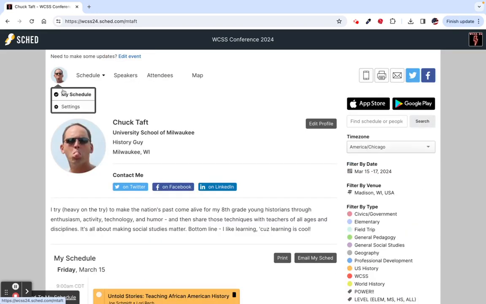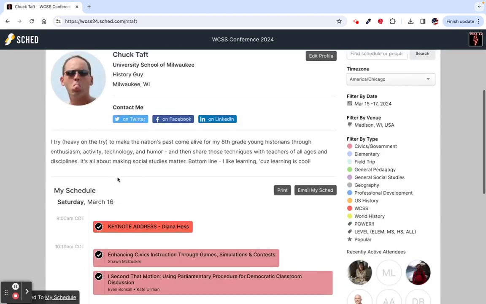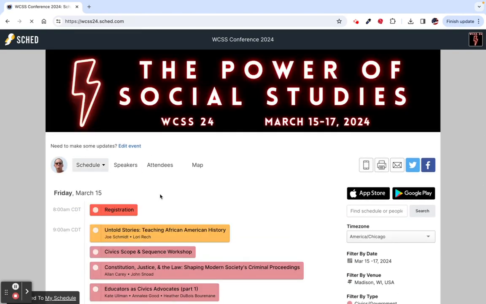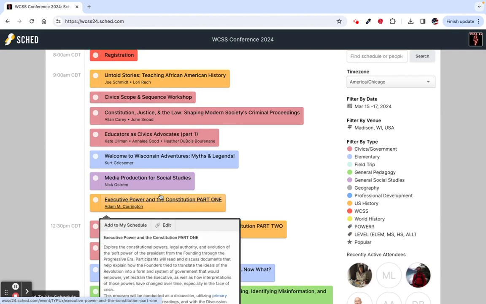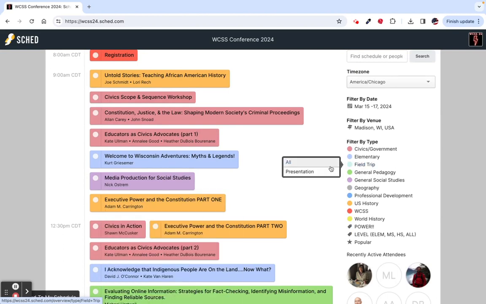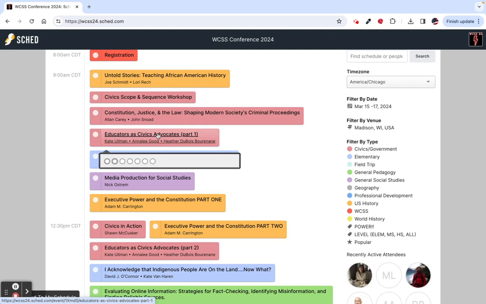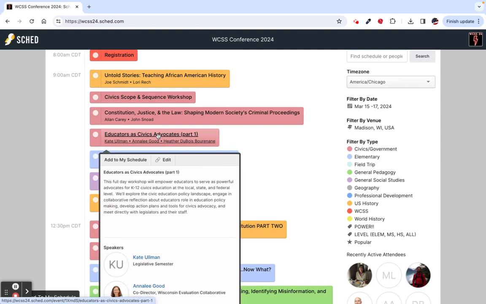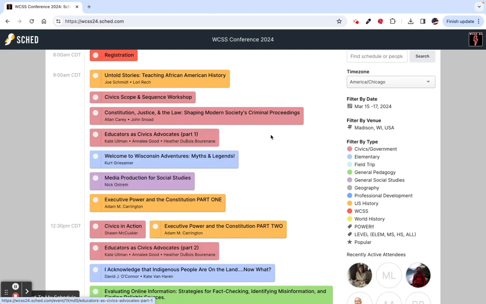Now, I do want to highlight, and it's really important, if I go back, our Friday workshops. We really need attendees to choose those Friday workshops. Some of them are predicated on numbers, and also the presenters are going to give you materials ahead of time, especially the very exciting Educators as Civic Advocates, because at the end of the day, they're going to go to the Capitol and talk to legislators.